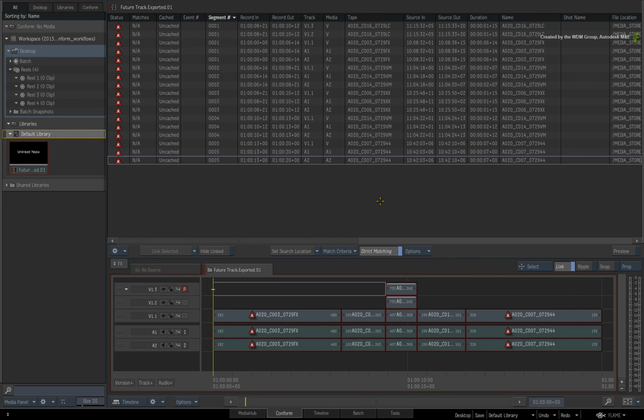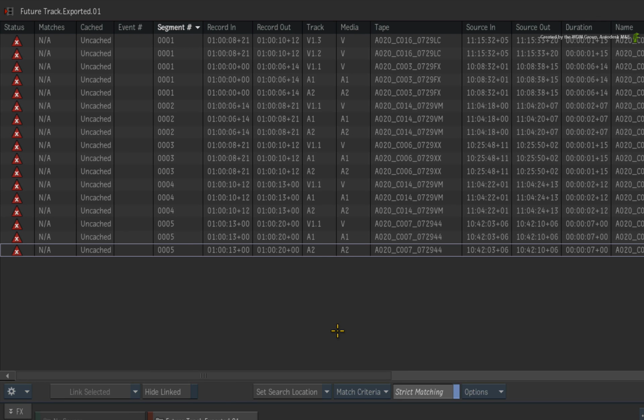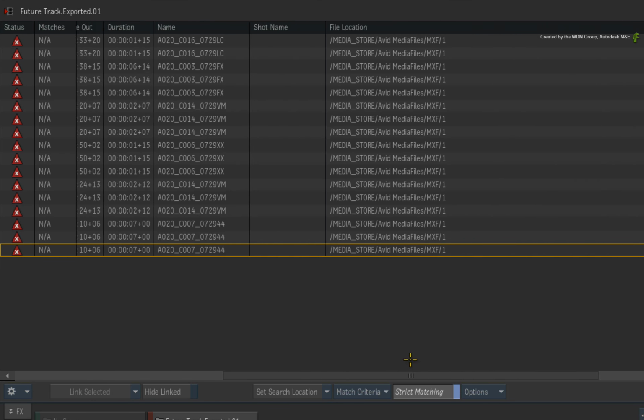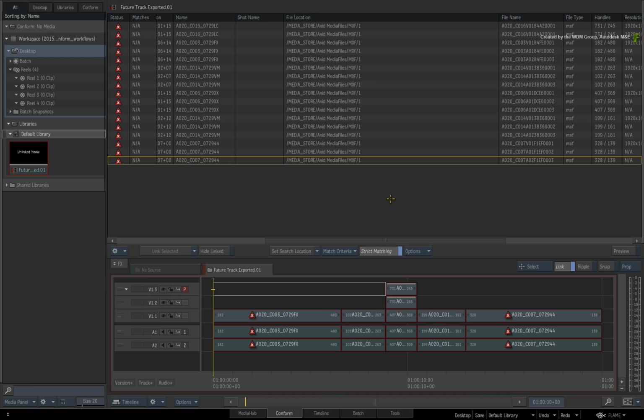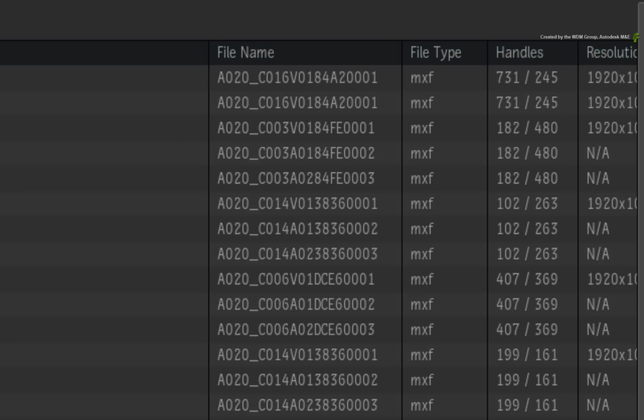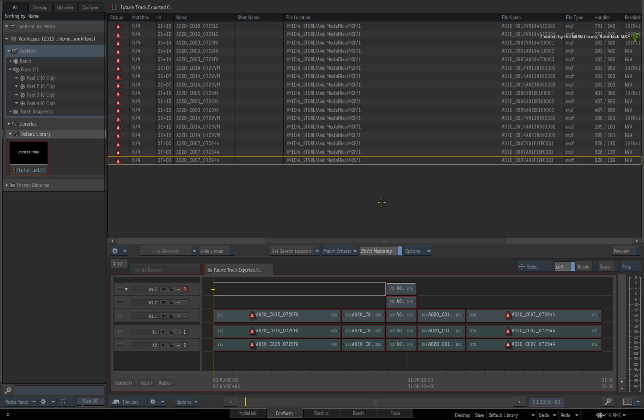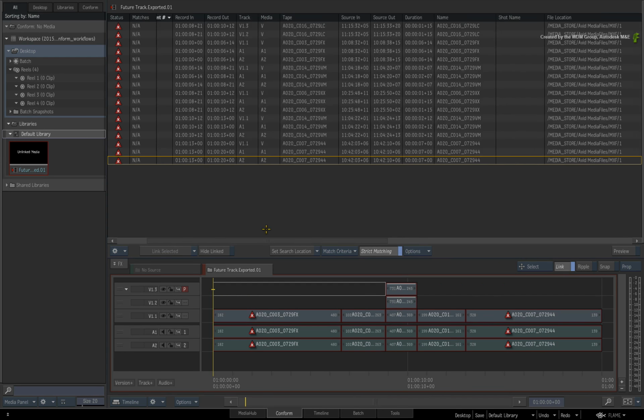Now looking through the columns, there are a few things I want to point out. The timecode and tape names from the transcoded DNxHD media match the original Red media. However, the file location, file name, and file type are completely different because this references the transcoded DNxHD version of the Red media. So as it stands, we could conform on the DNxHD version of the media. But ultimately, we want to create a 6K conform using the Red media.